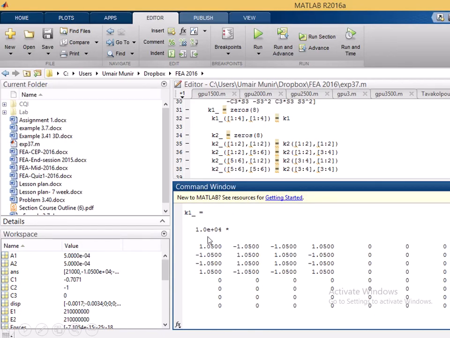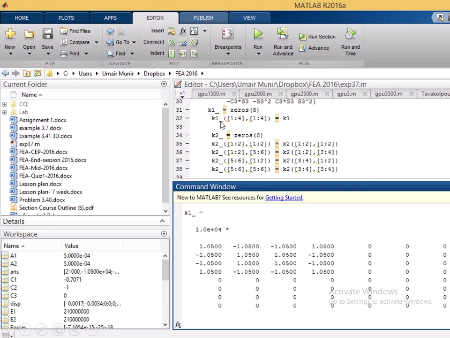So in the first place you will write u1 v1 u2 v2, and similarly in the columns u1 v1 u2 v2. So this line means that